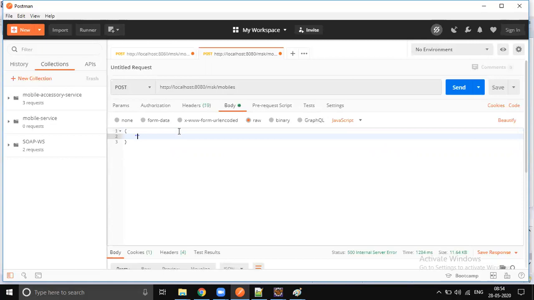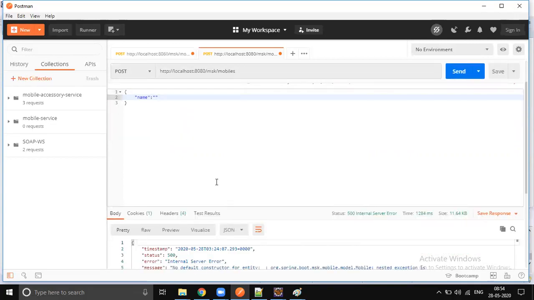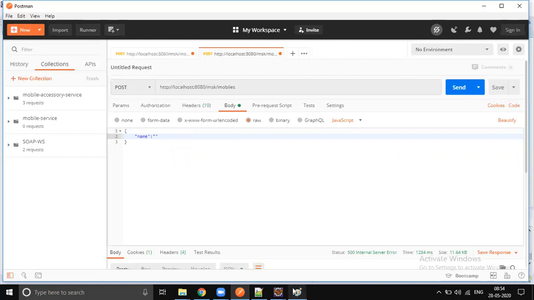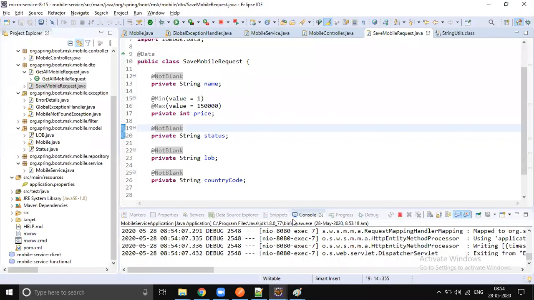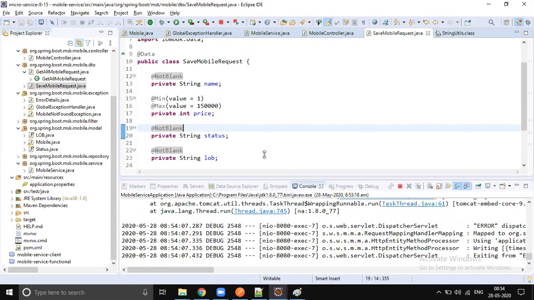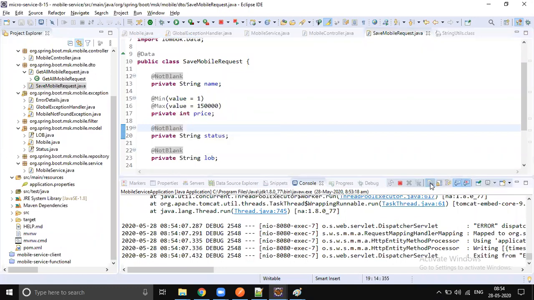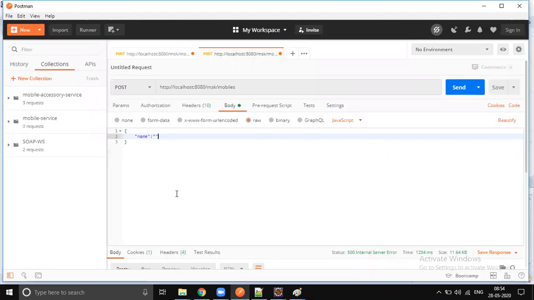As per the discussion we've had till now, we are expecting that the name is empty, and this annotation is working. Okay, so can somebody guess what will happen when I press the send button?